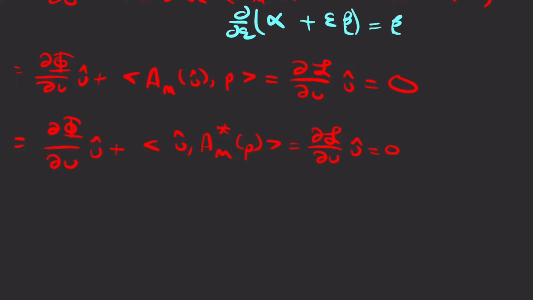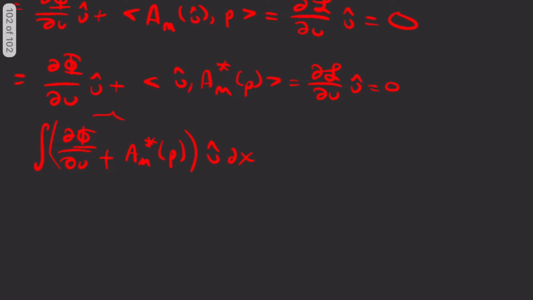It is the operator such that whenever I do something on p in this other space, possibly other space, I can take the inner product of u hat with that adjoint. And so we can rewrite this as basically the integral of partial phi with respect to u, A sub m star p, u hat dx, if we're viewing these as actually having functions, L p type functions,